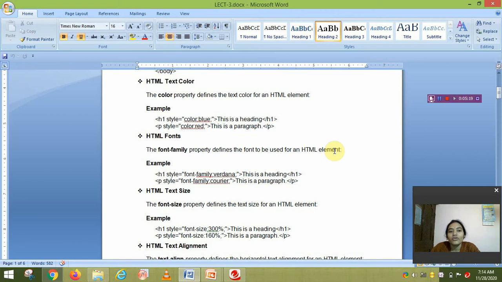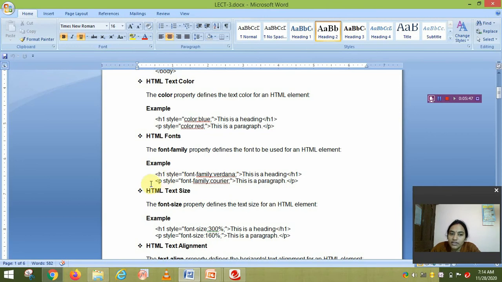Whichever font you want, you set it here. So for H1, here we set the heading font to Verdana, or the style is Courier. Different types of fonts are there, as in your Word document. In this way you set it here.